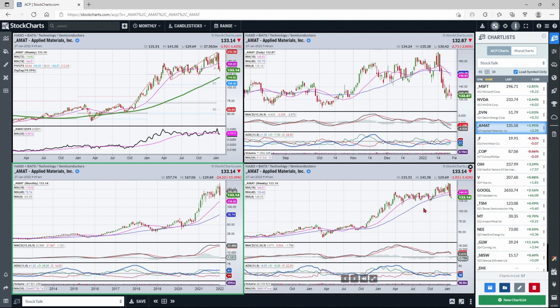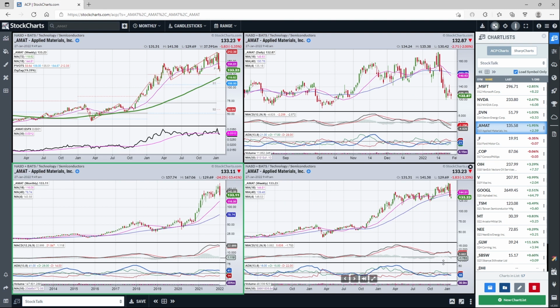And I wanted to bring this up again just because it's back below both moving averages and it hasn't got much of a bounce off that initial sell-off. So we're putting a little bit more pressure on this downside area, which support is a little bit bigger down around 125. But I don't think there's any rush in this.